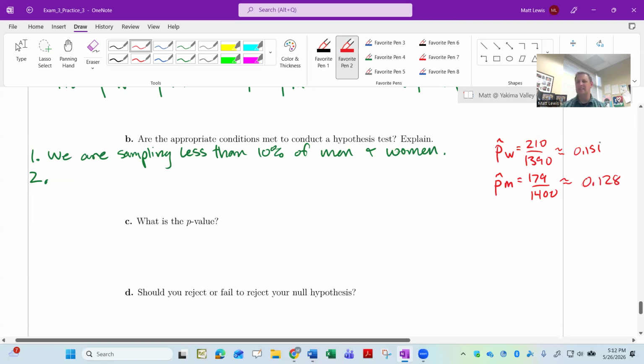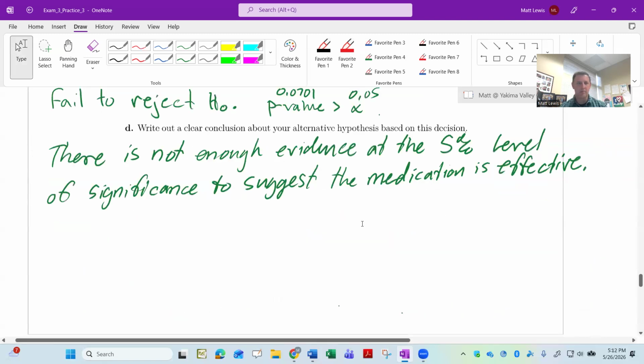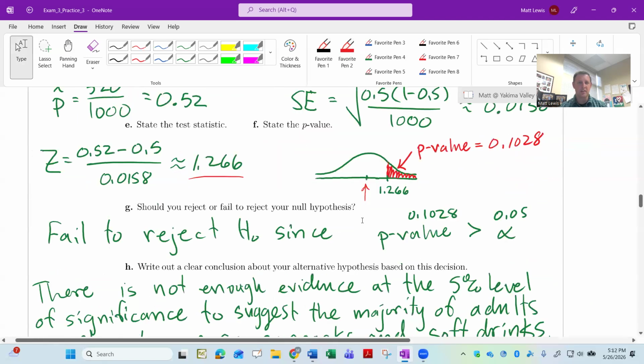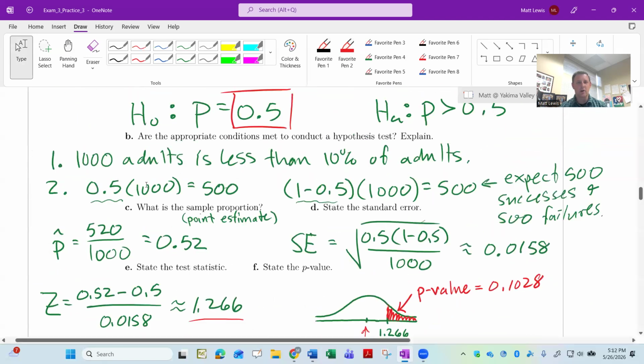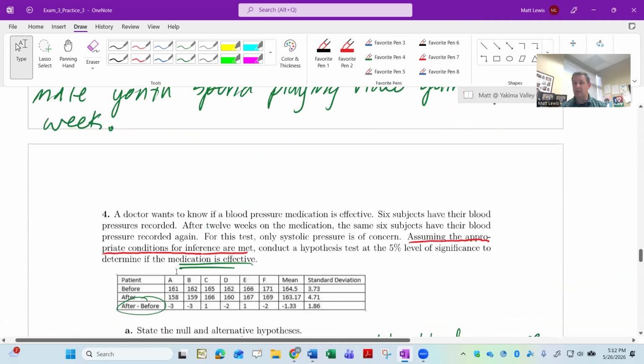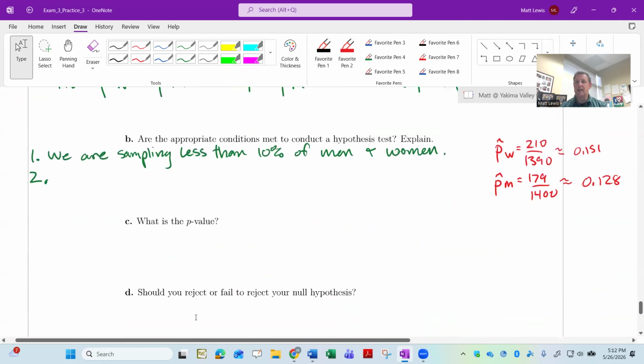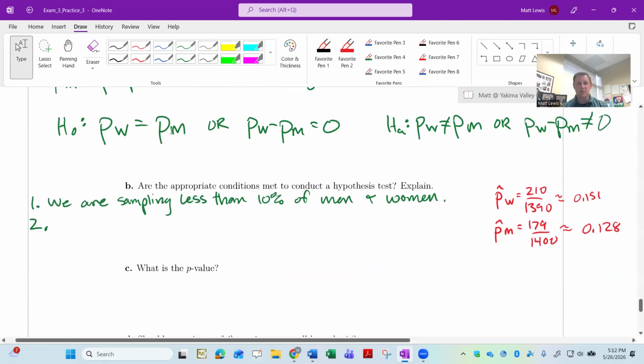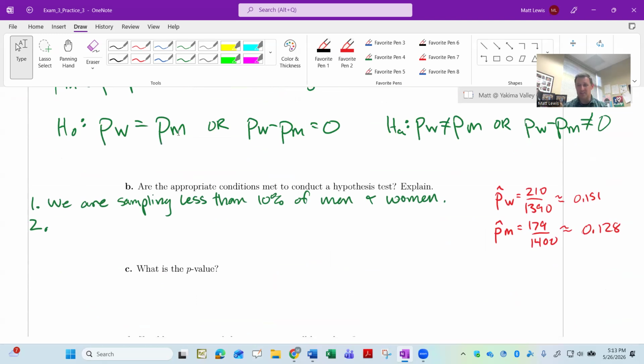So how do we say how many successes we expect? Well, we're assuming that the null is true. So I'll remind you just briefly, in our problem number two, when we checked this condition, we took our null value and we plugged it in and multiplied it by our sample size. I'd like to do something similar here. However, we don't have a null value like we did in that earlier one. So the idea here is that we're assuming the two proportions are the same. So our best guess for what they are both equal to is just kind of splitting the difference, so to speak, between the two samples.